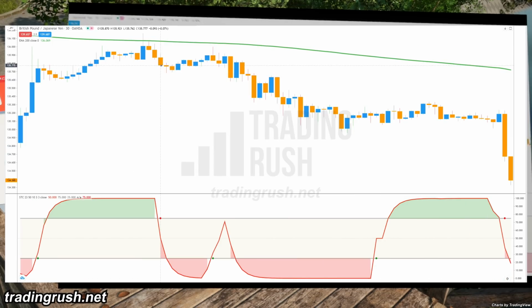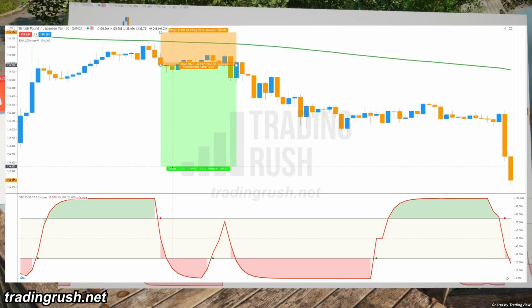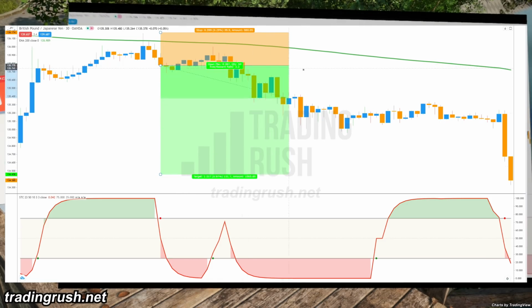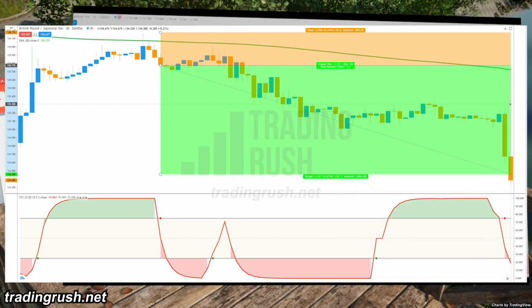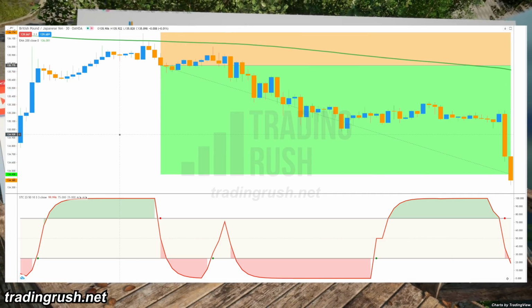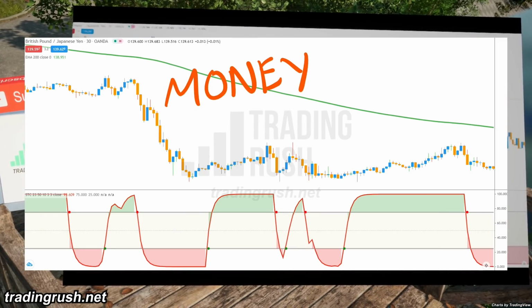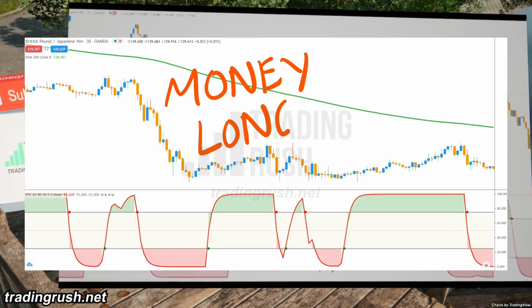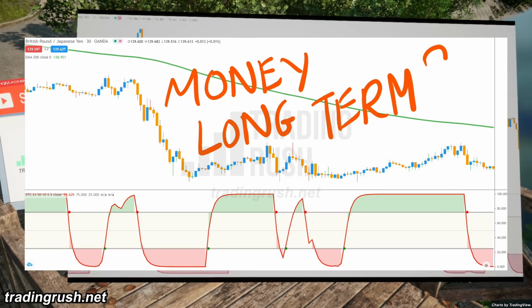Here we will look for short entry signals because price is in a downtrend. Schaff Trend Cycle gave a sell signal. So entry is at the closing price of the entry candle, and stop loss goes above the pullback of the trend. But to see if the Schaff Trend Cycle works in the long term or not, and to find its win rate, I tested the Schaff Trend Cycle trading strategy 100 times, and here's what happened.